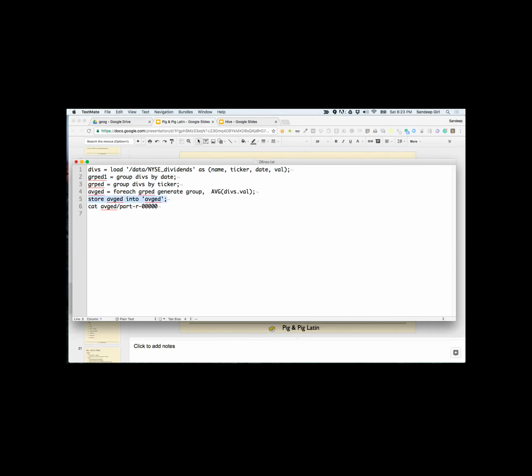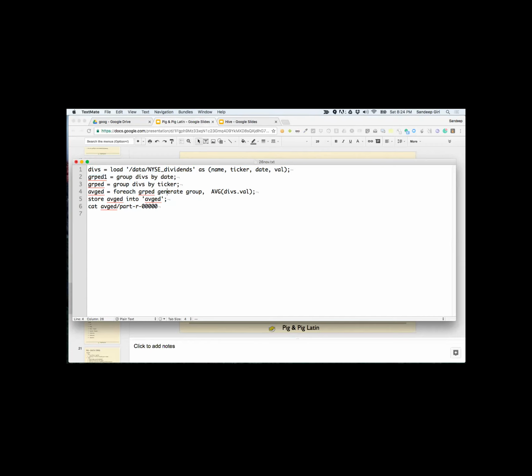Now, when we call store, right, this will not be executed. It'll be skipped because it goes in the reverse manner. What do I need for this particular thing? For this, we need these things, and for this we need divs. Okay, for this we need this. So this will be skipped.